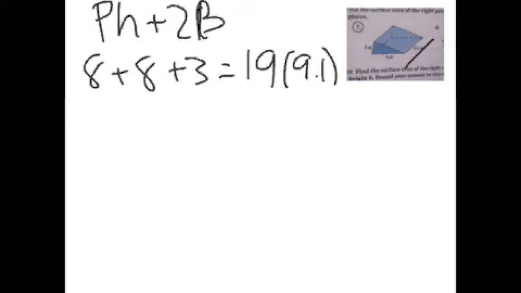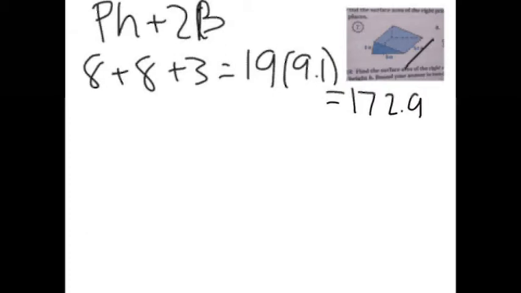So first you're going to write the formula, which is P times H plus 2 times the area of the base. The perimeter is 8 plus 8 plus 3, and that gives you 19, times the height, which is 9.1, because it's in between the two bases. That gives you